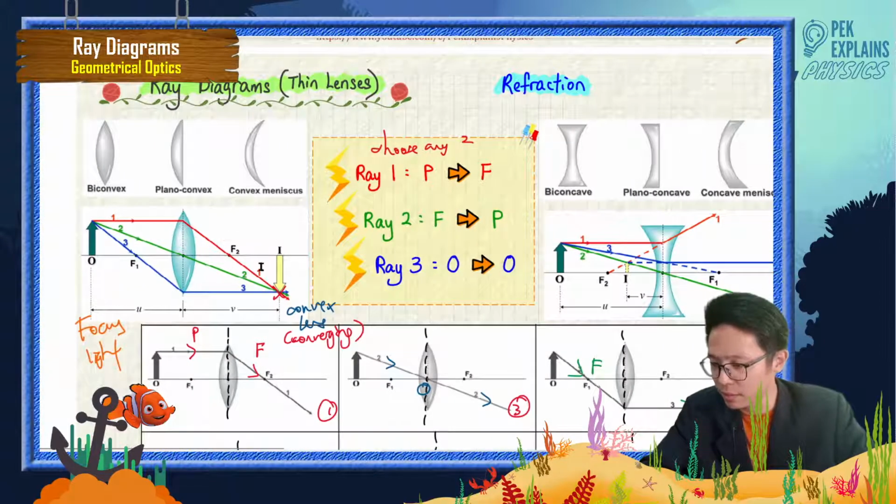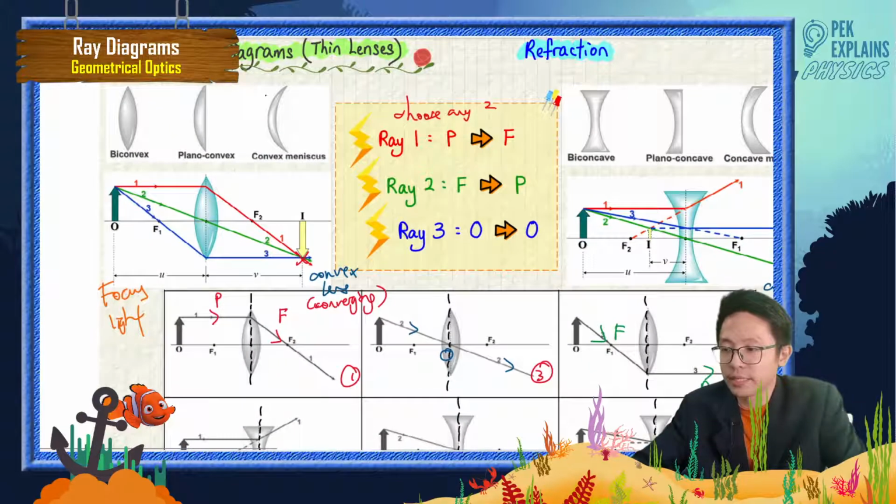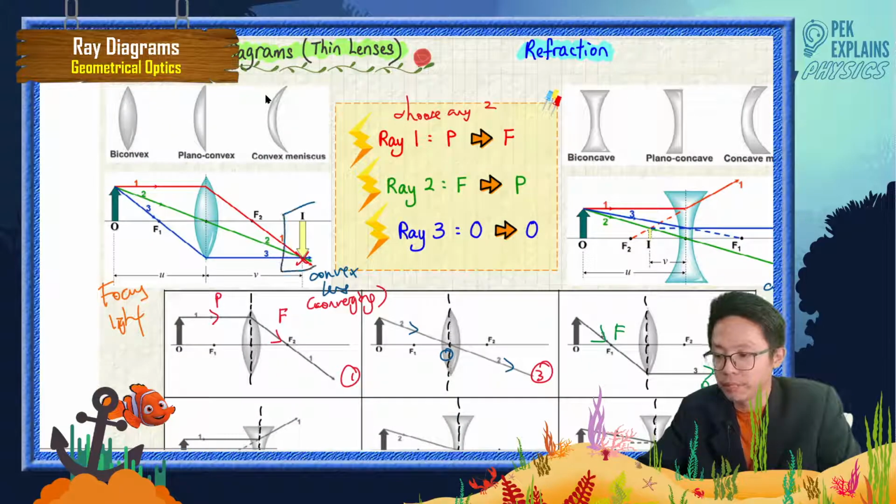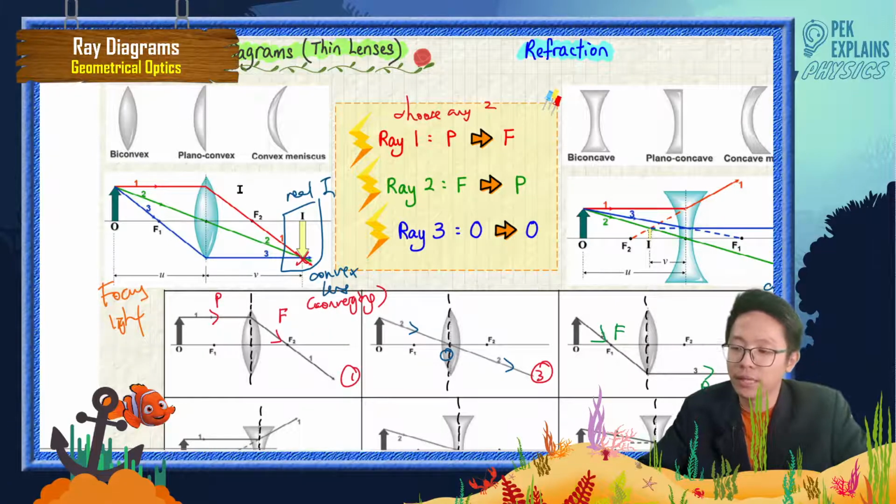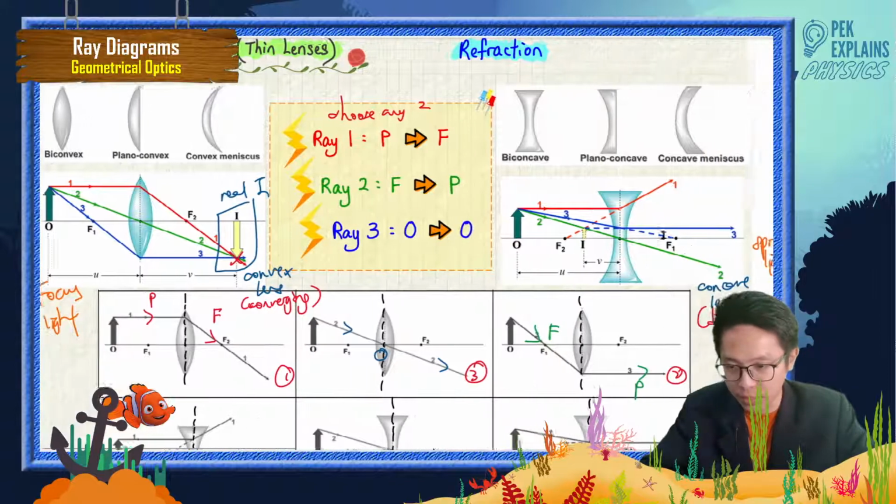This one is a real image, because all the light falls onto it. It's a real image. That means if we put, let's say, a paper over here, you can see the light fall onto the paper, so it forms a real image. But for this one,